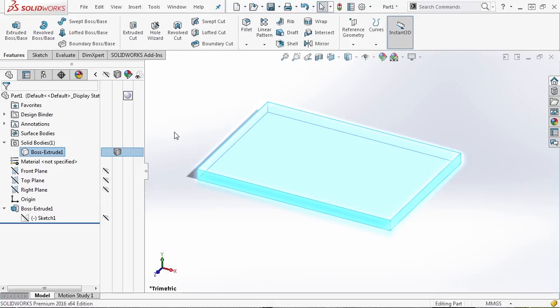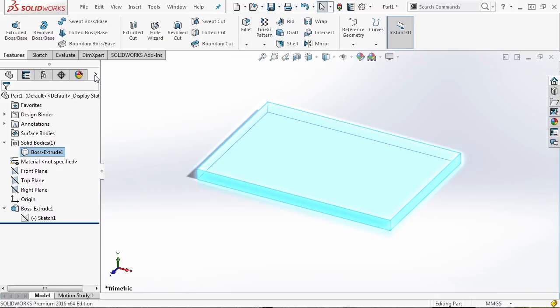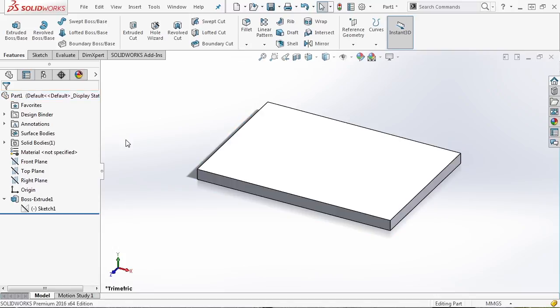This is very handy if you're using multiple bodies in a single file, or if you're dealing with an assembly and you quickly want to change whether or not you can see through that part without applying a clear or translucent material. Again, this is something that not a lot of people expand or really know about, but it's very handy. Once you get into modeling, if you expand this, you'll find that it makes quick work of hiding and showing sketches, features, bodies, as well as modifying their appearance or just how they look